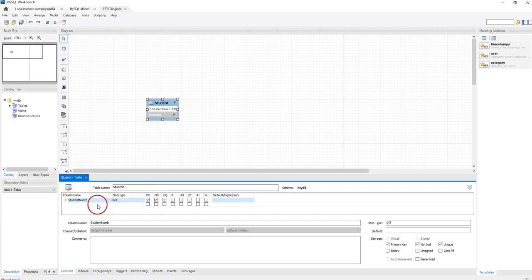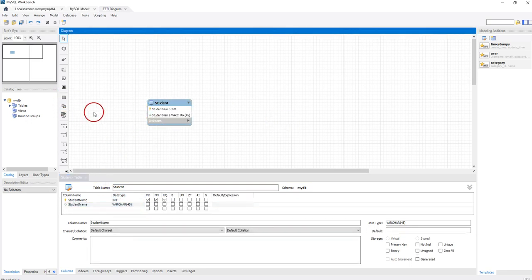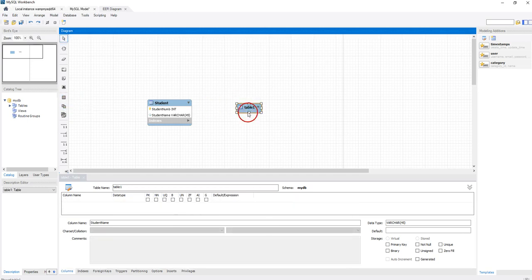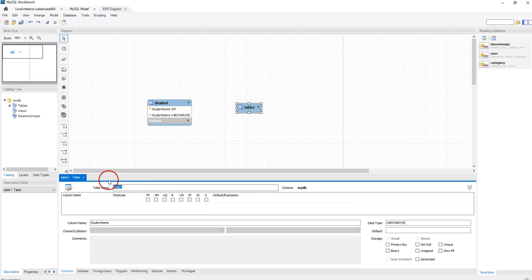Okay, and then just to have another column there, we're going to call that student name. Nothing serious, and we'll stick to the varchar. That's fine. Then I'm going to add another table, and this table, just double click on it, and I'm going to call it subject,